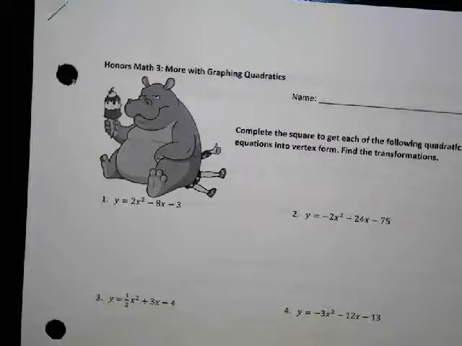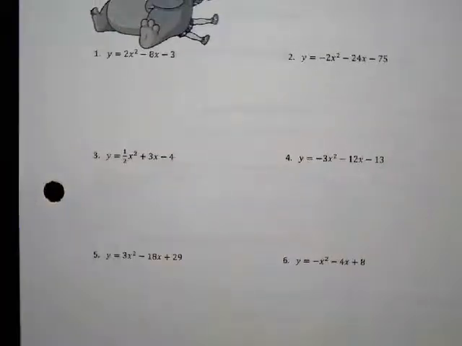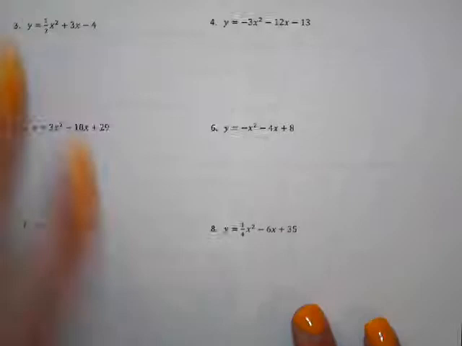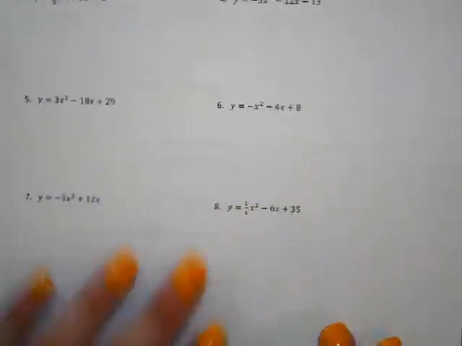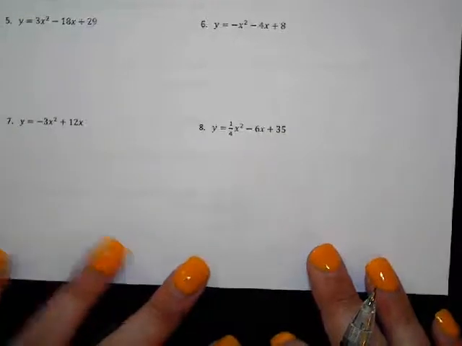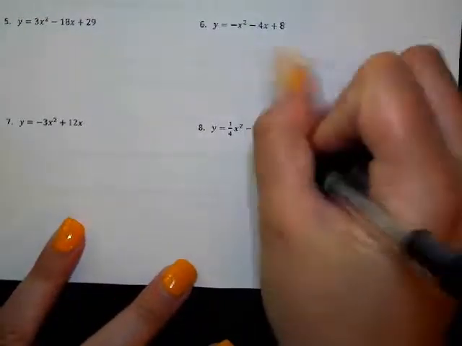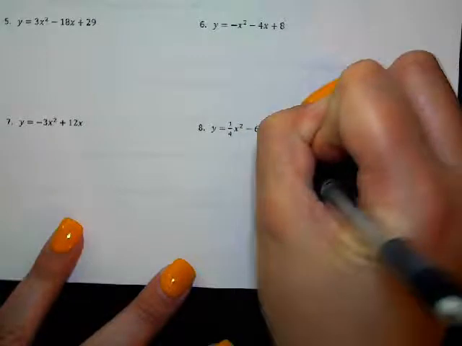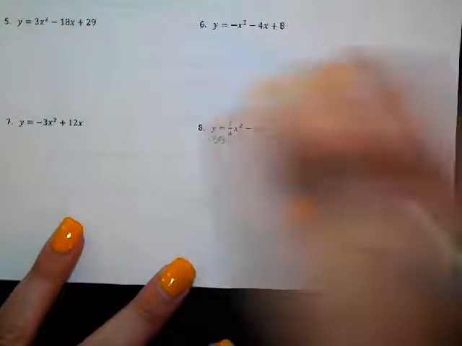All right, do you want to do number 3 or number 8? Because those are the intimidating ones. Wait, don't tell me number 1 when you look at number 3 or 8. Look at 3 or 8. 8, okay. Don't do number 1, do number 8. Okay, number 8. What is the first step on number 8? Subtract the 35. Okay. y minus 35 equals